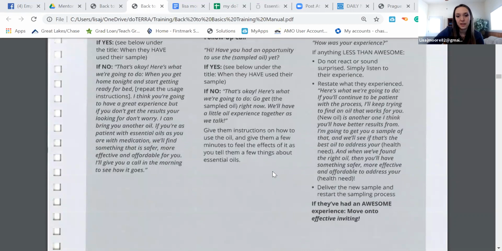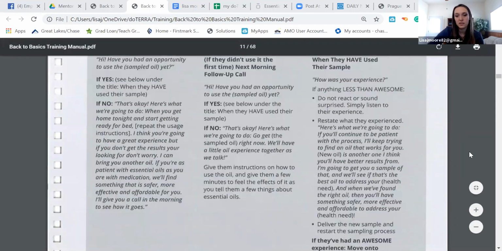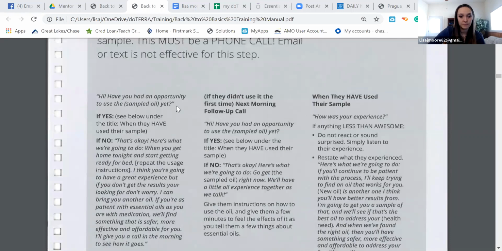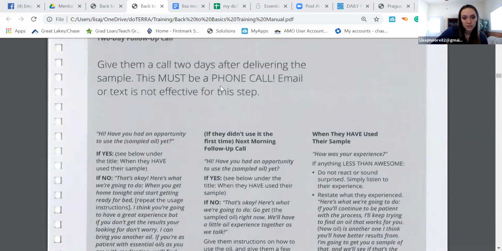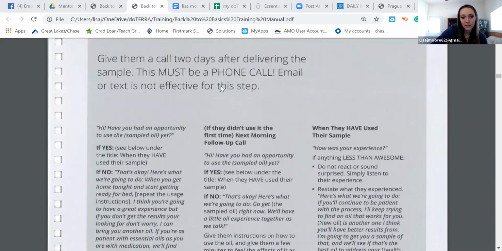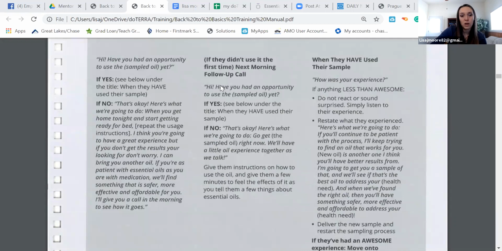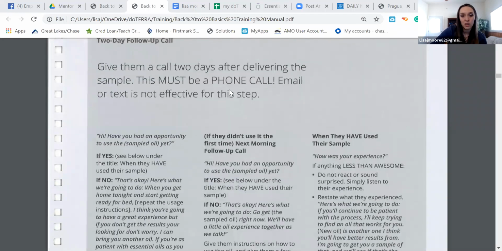So the next part is if they have tried, if they were able to try the essential oils, okay? Now, she talks about these in the mentor calls, and so this is mentor call number 9. So we're all the way from 1 to daily mentor call number 9 on here. 8